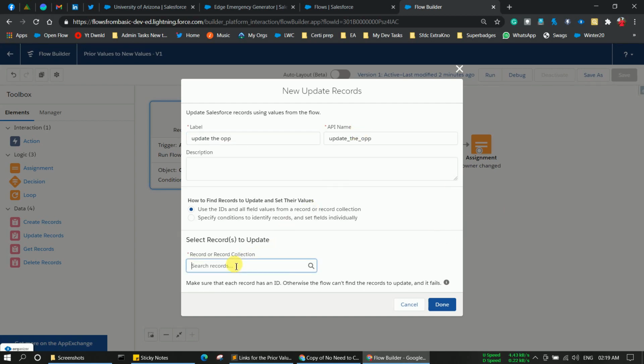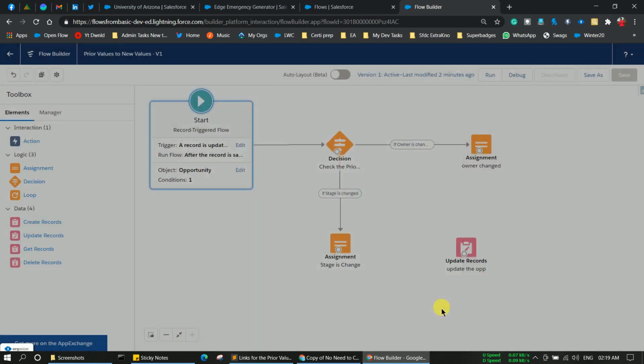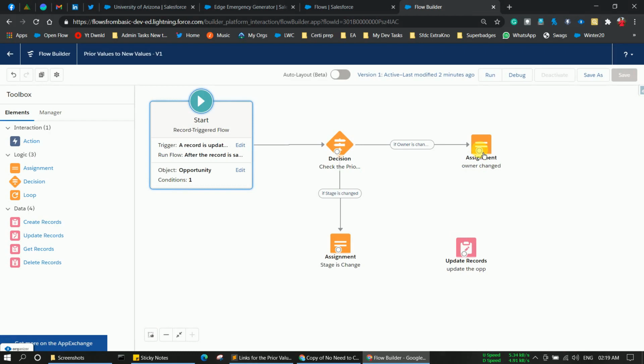Here I'm going to use the record global variable, because this is the record which is currently triggering the flow, and simply click done. Now I can simply connect the assignment to update records, and from the stage is changed assignment to update the record.